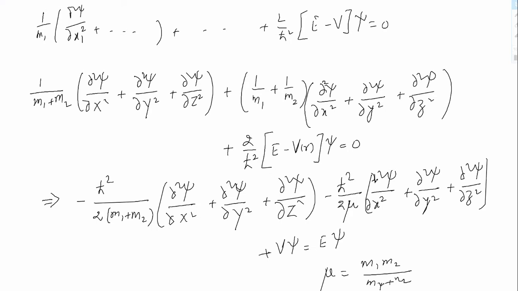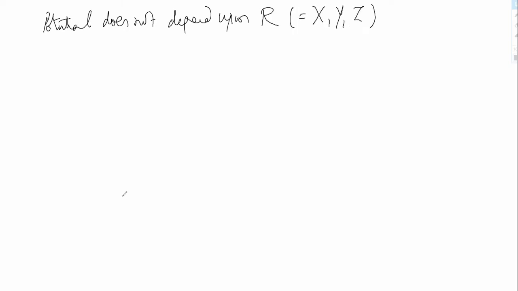Okay, therefore this is the simple expression that you obtain while solving the second order differential equation, instead of writing in terms of x1, y1, z1 and x2, y2, z2, in terms of capital X and small x. Now what I am telling you is that the potential does not depend upon the center of mass coordinate, that means on X, Y, Z,